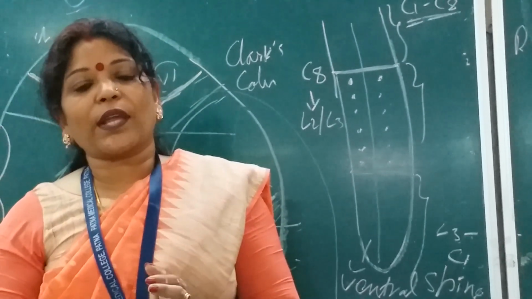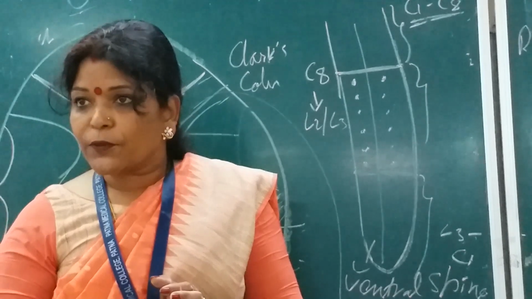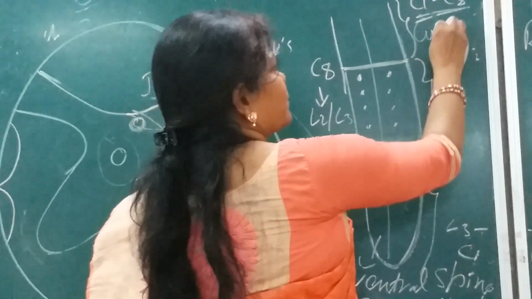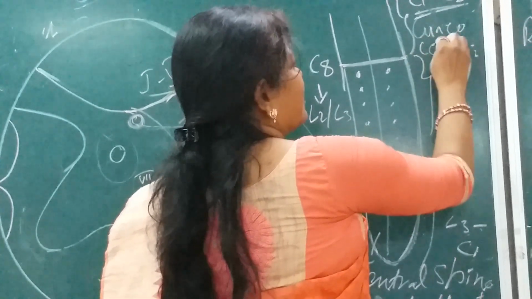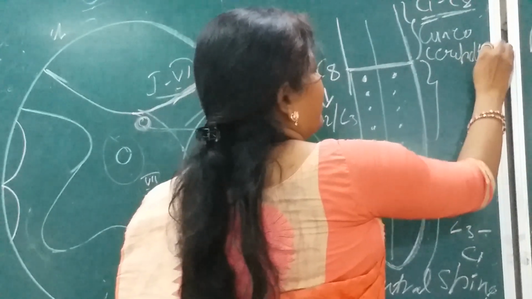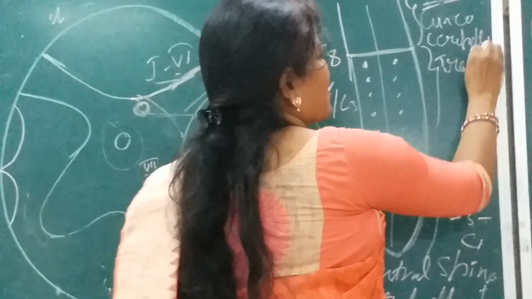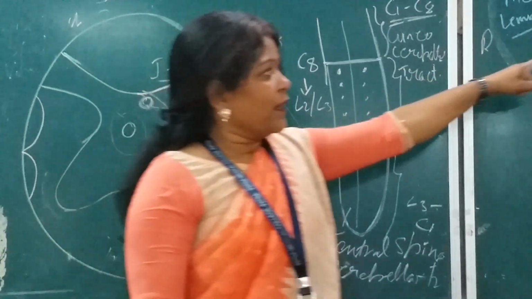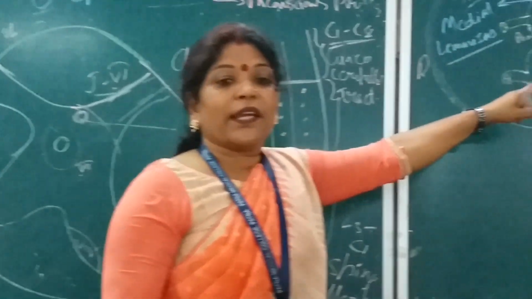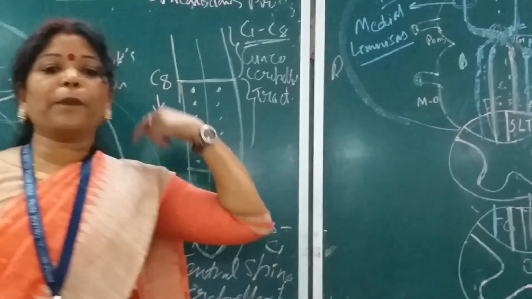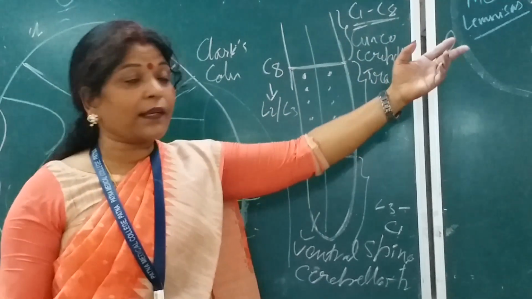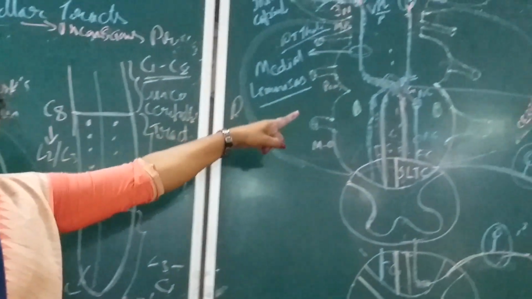Now it will be known as the cuneocerebellar tract. What will it be known as? The cuneocerebellar tract. Isn't it? So cuneo, again look here. There was the cuneate nucleus for the upper part, from the upper limb and the neck area, the cervical area.